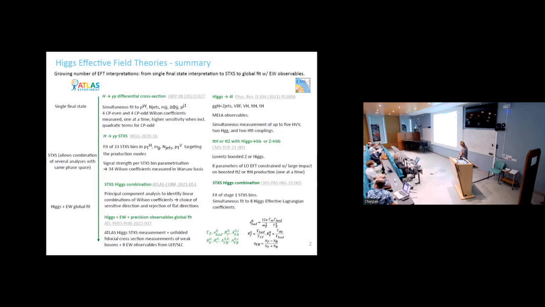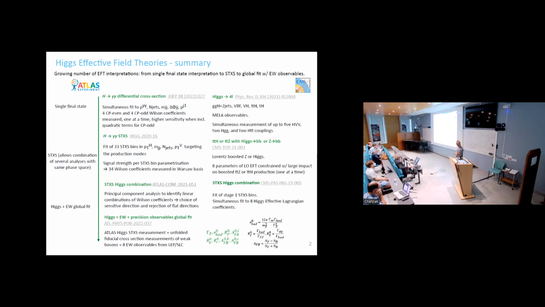What we can say is that we have the same, a bit, for CMS. So we have the interpretation for the electron final state for the STXS measurement, and also one measurement which targets an interpretation in the ttH and ttZ boosted